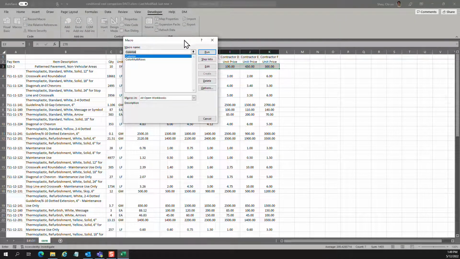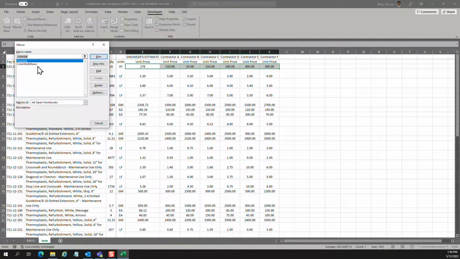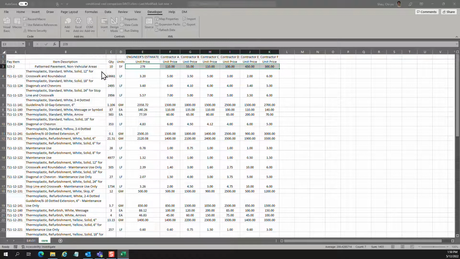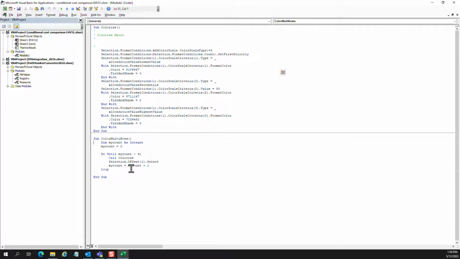So we have two macros recorded. One of them is called colorize. Colorize in essence is just everything we did earlier by selecting it one row at a time manually, putting it into a color gradient. And the color multi-row, that's where we employ the use of just a loop counter, and we just offset it by one row and then repeat the process of